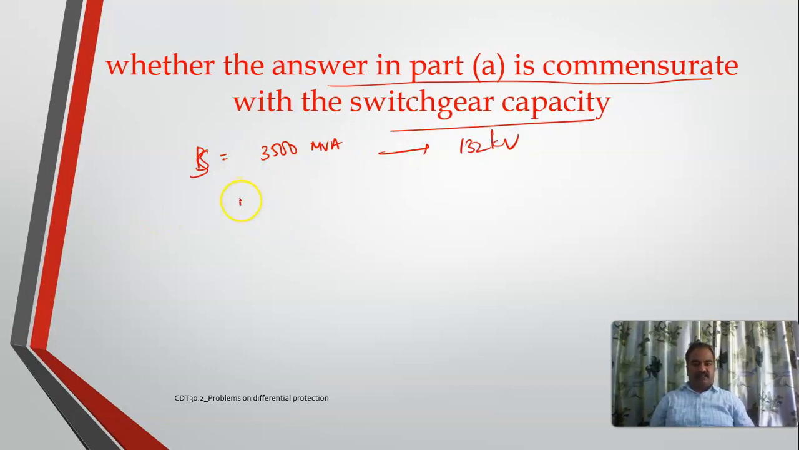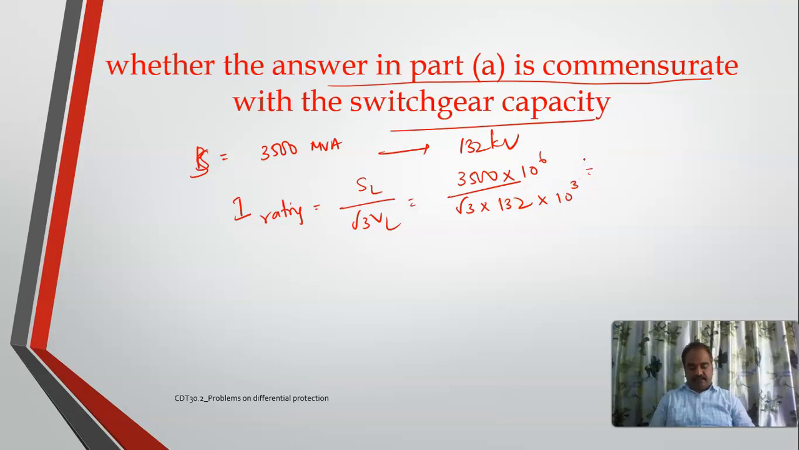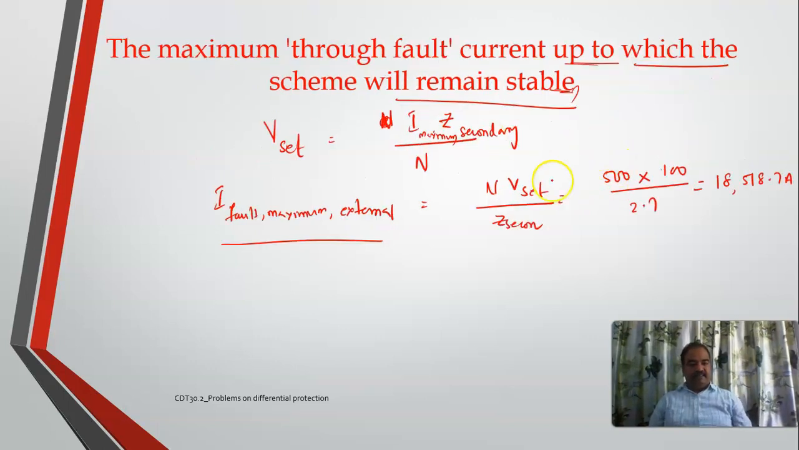If this is the case, what is I rating? Let's see, what is I rating? You know, it is S by root 3 V. 3500 by root 3 into 132. 3500 MVA, right? 10 to the power of 6 into 10 to the power of 3. So I'll get 3500 divided by 1.732 divided by 132. So it is 15,308.97 amperes. See, in this case, my ratings of pickup value of 1 ampere and V setting of 100 volts